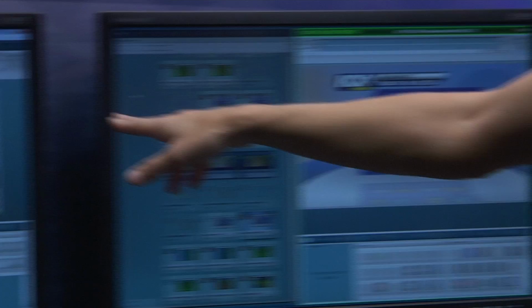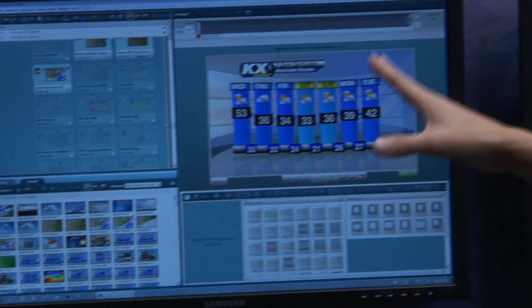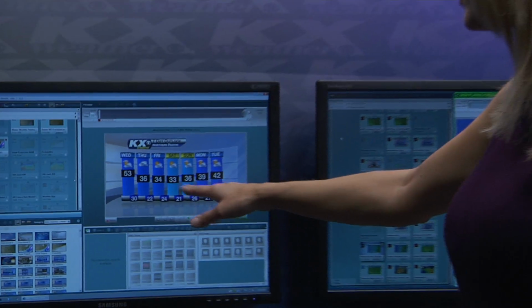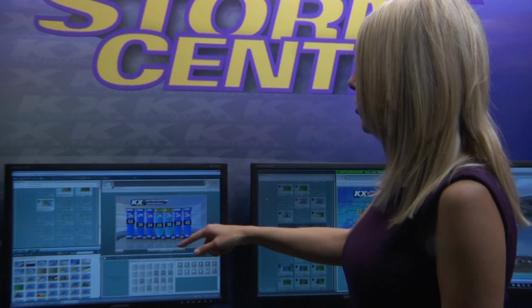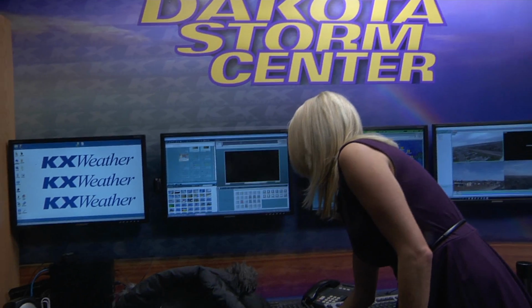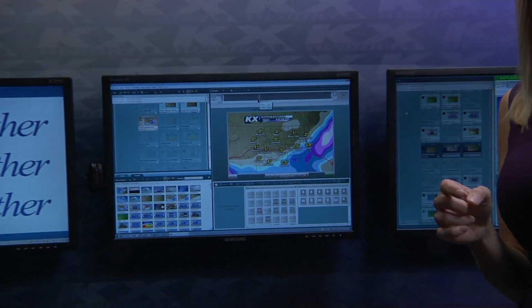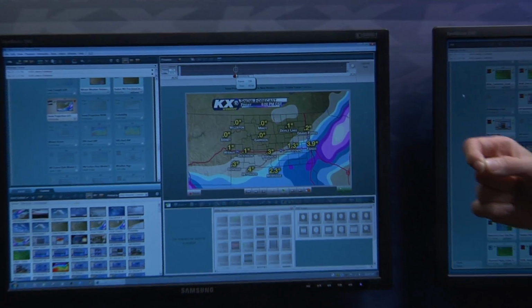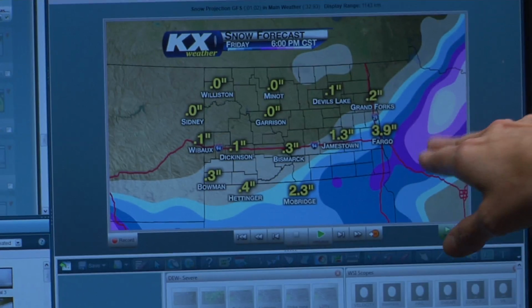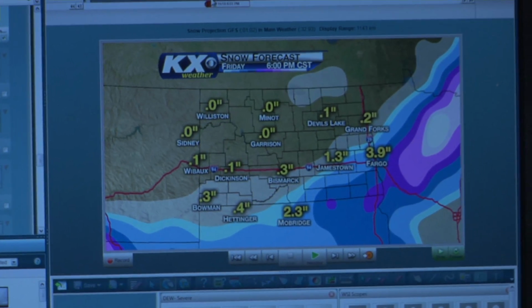Also, this computer here helps me make all my graphics that you see on TV. So whenever you see me giving these 7-day reports, this is our 7-day. I'll go back and show you a couple of other things here. We also have snow projections for our area. So that same storm that I was telling you about, where you're going to get potentially a half an inch, it's also going to give us maybe just a trace in some areas, and possibly around the Fargo area up to around 4 inches or so. So we're all affected